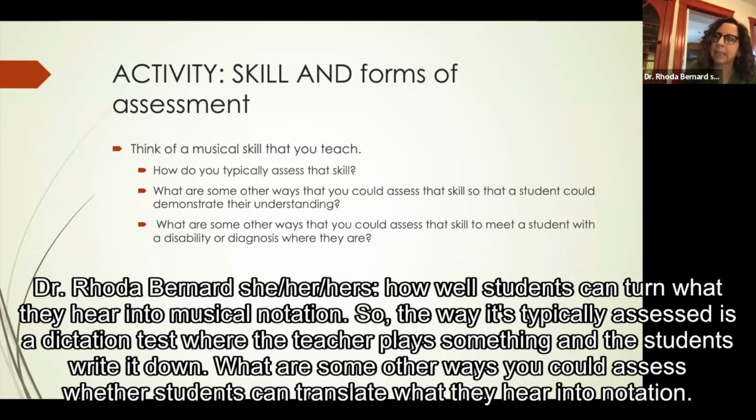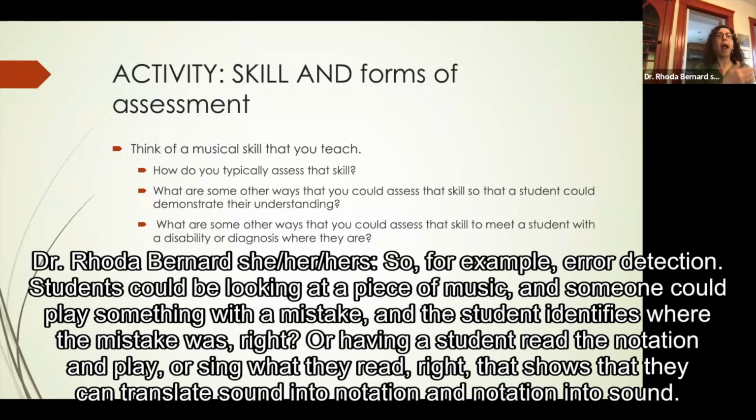So the way it's typically assessed is a dictation test where the teacher plays something and the students write it down. What are some other ways you could assess whether students can translate what they hear into notation? So for example, error detection. Students could be looking at a piece of music and someone could play something with a mistake and the student